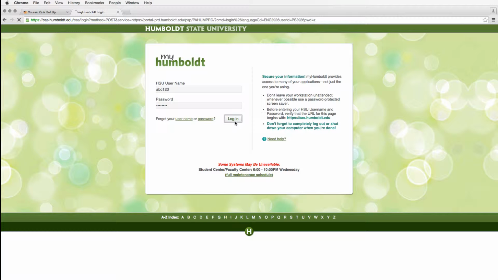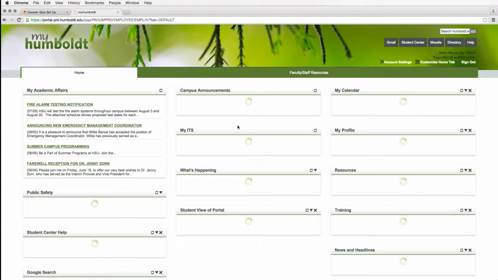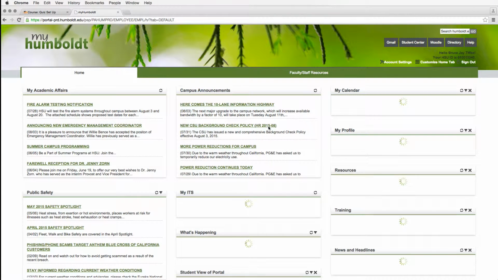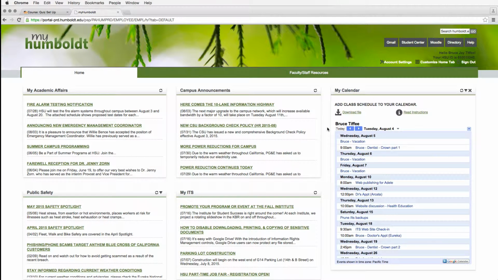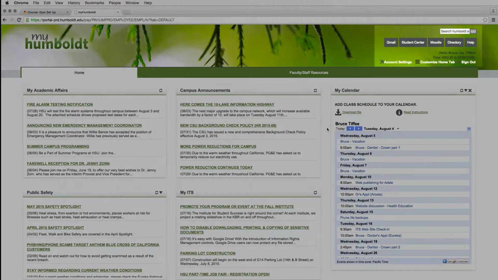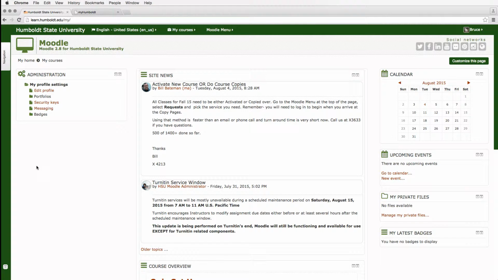Once you go ahead and enter that username and password, you're inside the My Humboldt page, and there's a lot of good stuff in here. When you have some time, notice the different departments that you can check out, and in the upper right-hand corner, you're going to see a number of little dark squares. One says Help, one says Gmail, and by golly, there's one that says Moodle. So give the Moodle button a click, and bam, you are now on your My Home page in Moodle.